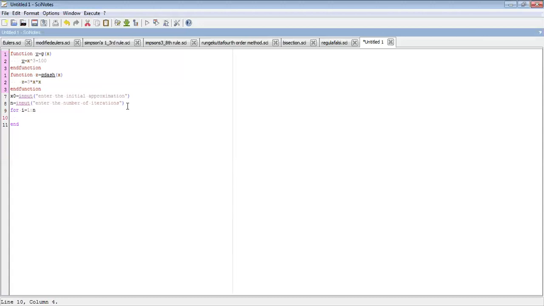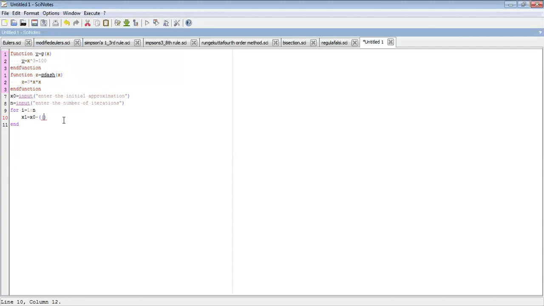What is the formula for that next variable x1? So x1 is equal to x naught minus what I have to do? I have to take f of x naught upon f dash of x naught, correct? So I just put two brackets here. We are calling that function by g.